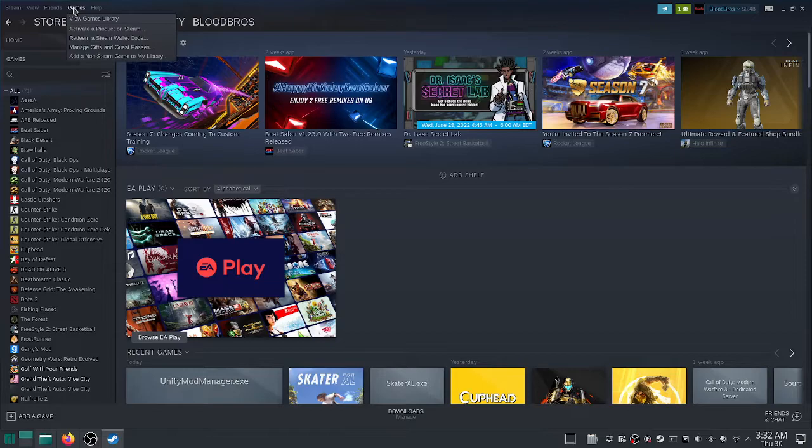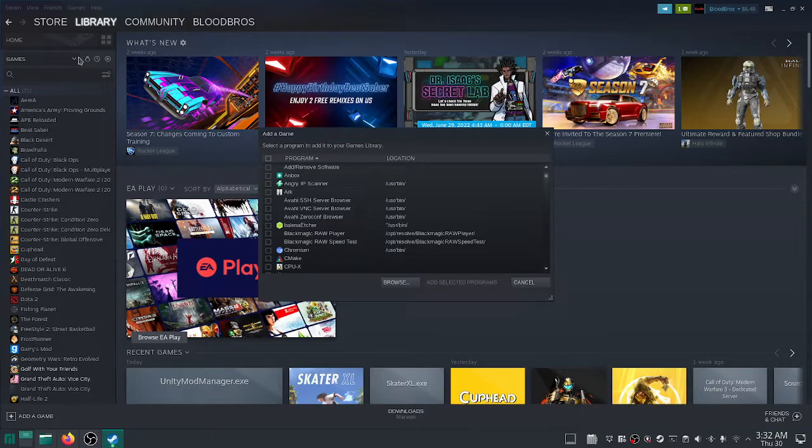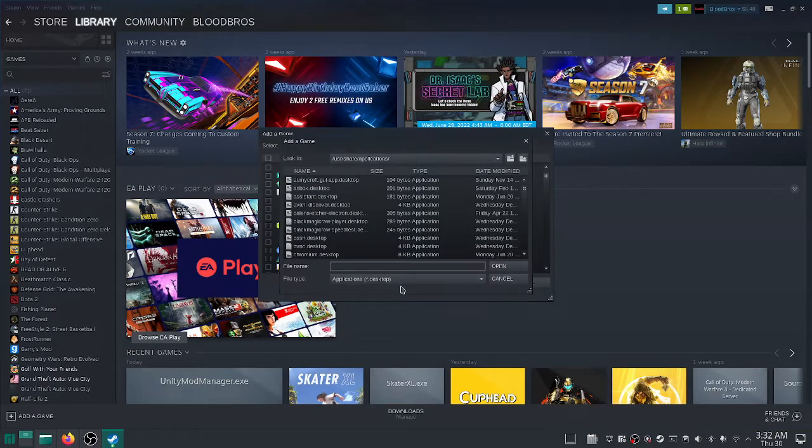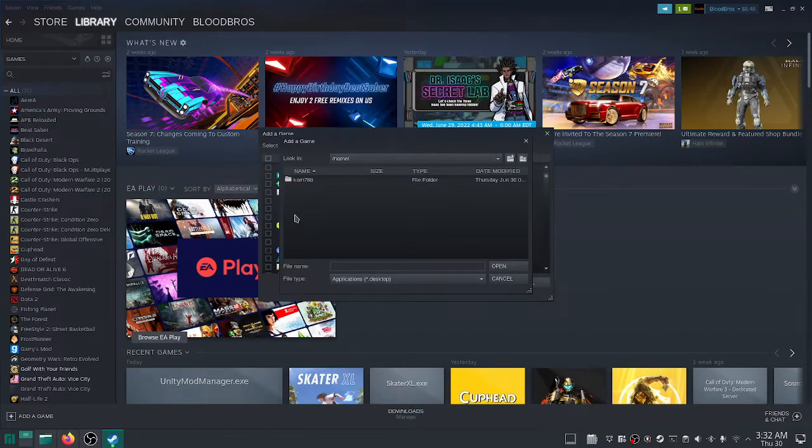Go up to the Games section at the top and click on Add a Non-Steam Game to your Steam library. Click on the Browse button, and what we're going to do is go up to the top where it says Look In, and make sure that we choose our home directory. So we're going to click this / at the top, then click Home, then the username it comes with, in my case, this is my username. I'm going to go all the way down to the Downloads folder. Again, you'll see the period folders first, but I scroll down to Downloads,